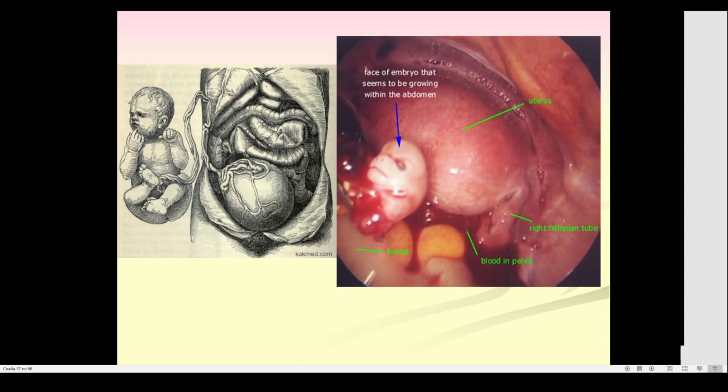Again, you can see, for example, in this example that fertilization happens on the outer surface of the uterus, but implantation can happen in every place: in the region of the liver, in the region of the intestine, in the region of the mesentery, in different places of the abdominal cavity. And of course, the clinical signs and duration of this ectopic pregnancy will depend on the place of implantation.